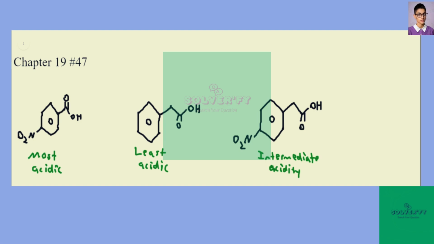Okay, so I'll actually just draw this resonance structure. The electron withdrawing effect of the para-nitro group is going to increase the acidity here. But the other thing, and let me move these over,